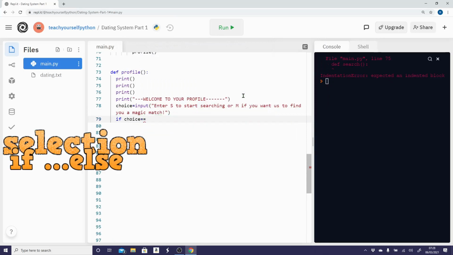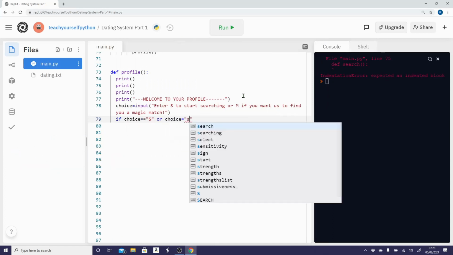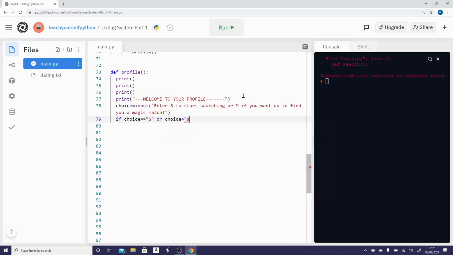We now have some selection. Don't forget when you're writing an if statement to have the double equal sign. So if choice equals equals, and then we've got or choice. This is just giving an option so that if they type in a lowercase s or capital S, in both cases they will be allowed to make that choice. So if that happens, then we jump to the search subroutine, which we've created,